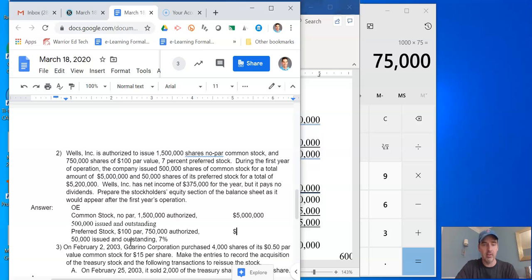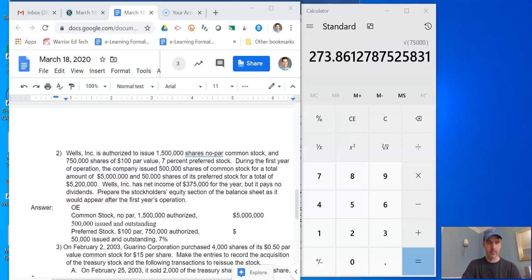And so in this case, what I kind of do here is I have to work backwards and look at how much did I sell each share for. So what I want to do is calculate the difference in numbers. As we look at our numbers, we sold the grand total of the preferred stock was 5.2 million. And since it has 50,000 shares, 50,000 shares times the $100 par gives you 5 million goes into the preferred